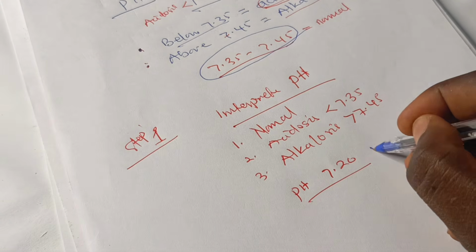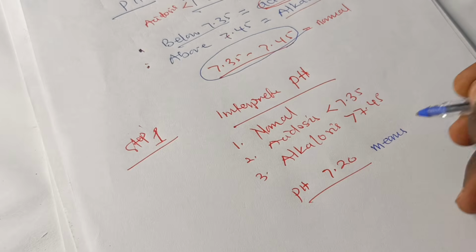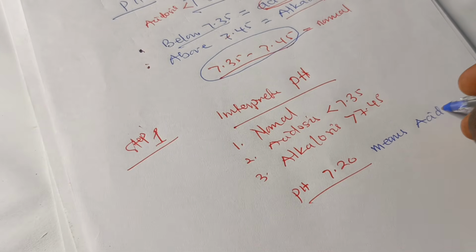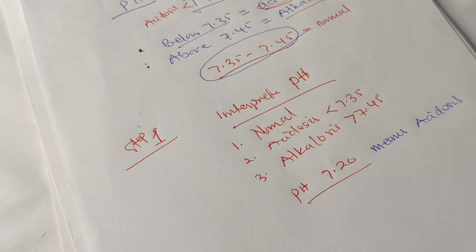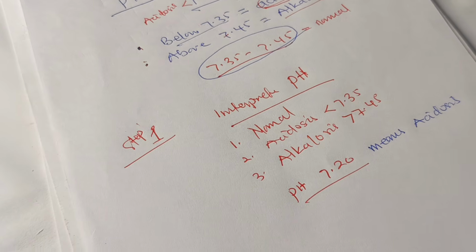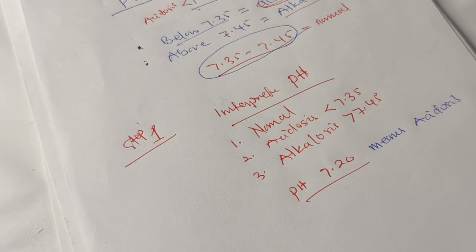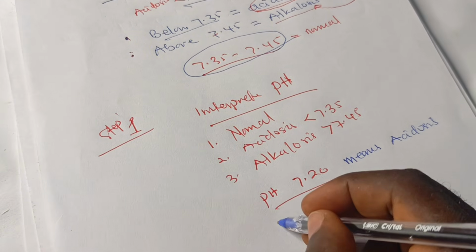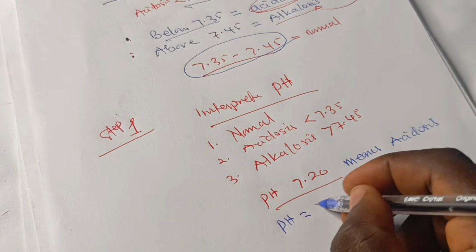And that means that we have what case at hand? Acidosis. Correct. I know you've gotten it. We have acidosis at hand. Okay, that's good. Now, assuming they give you another value, let's say pH of the patient is equal to 7.50,